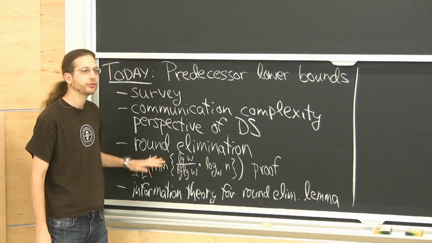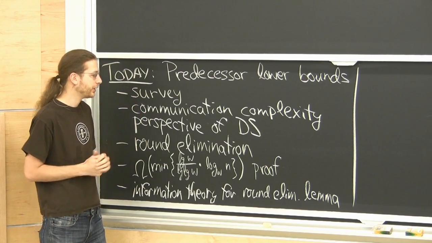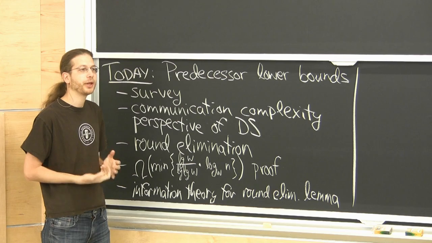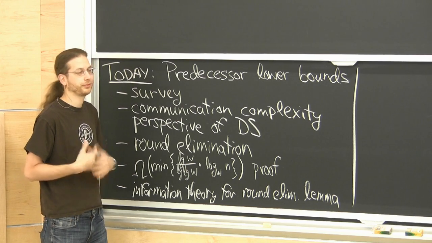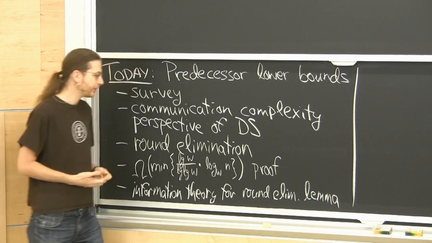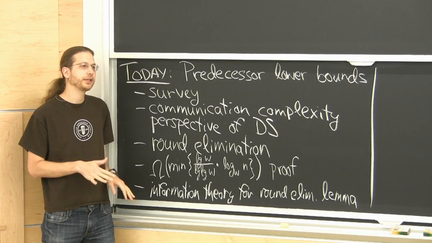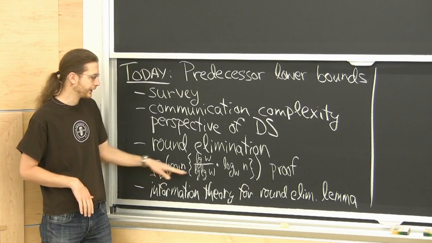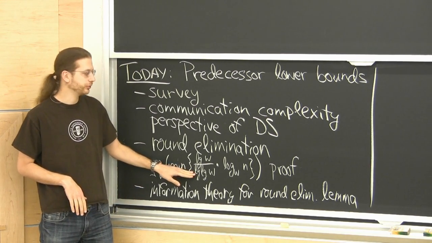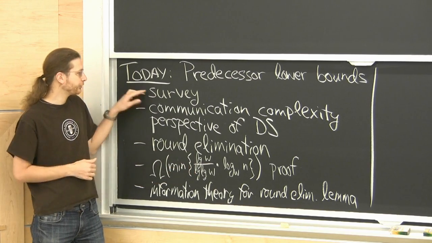And this bound holds for any, even a static predecessor data structure with no updates, as long as the data structure has polynomial space, which if you have any hope of making something dynamic, you definitely want polynomial space. Now it's known that this log factor is not real if you have essentially linear space or n log n space or something like that. But that's much harder to prove. So this is where we will end our coverage of predecessor, but I'm going to start out with an overview